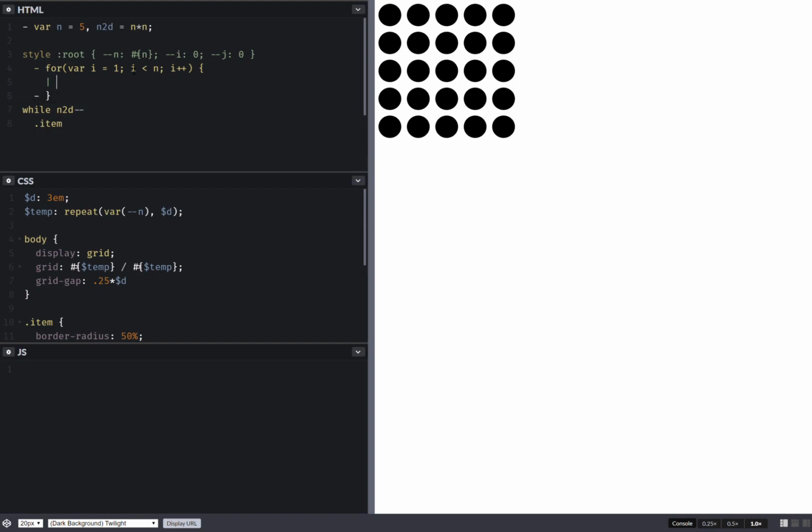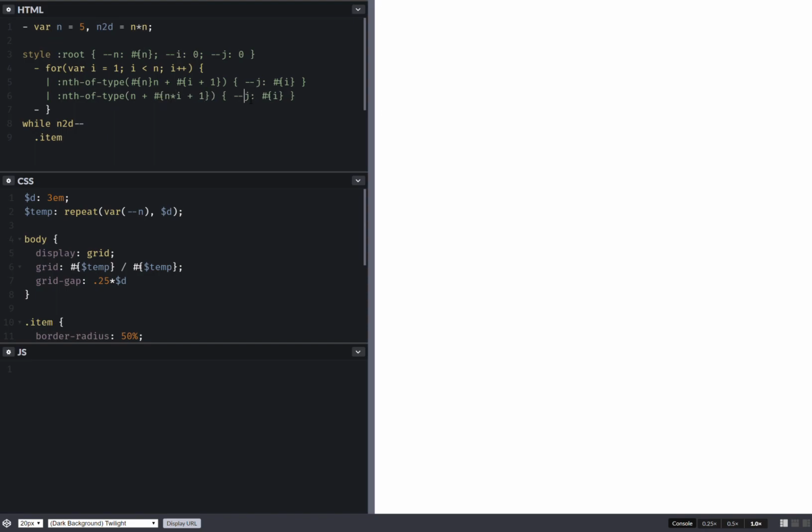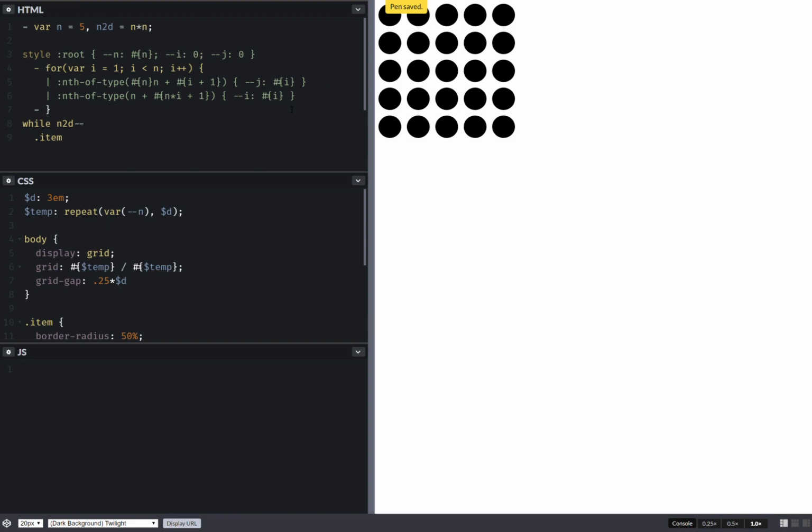Okay, here we set nth of type, so every nth element with offset, and the offset is i+1. Here I set the j to the i. Okay, now for the second one, we don't have this because it's not repetition, it's all in the offsets, so it's n times i, and here we set the i custom property. Okay, so now that we've done this,